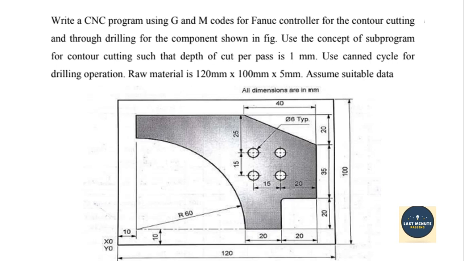Previously we saw the numerical on milling, and now we see the second numerical on milling. The operations and the commands we have to use in our software are all the same, only the geometry is different. Depending on our geometry and shape, the various operations will change. Just like for drilling the holes, the drilling operation is to be performed, and for giving that shape, here we have to perform the contouring operation.